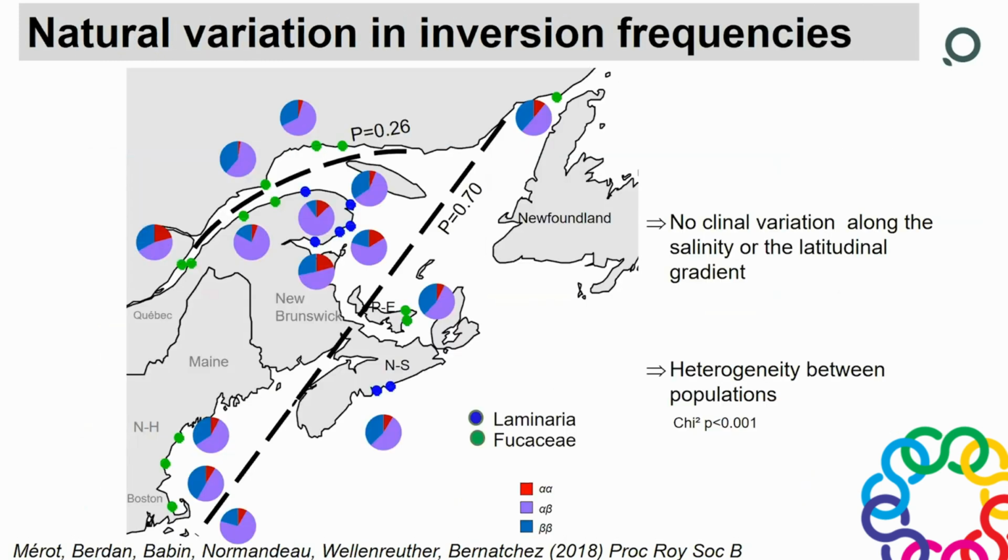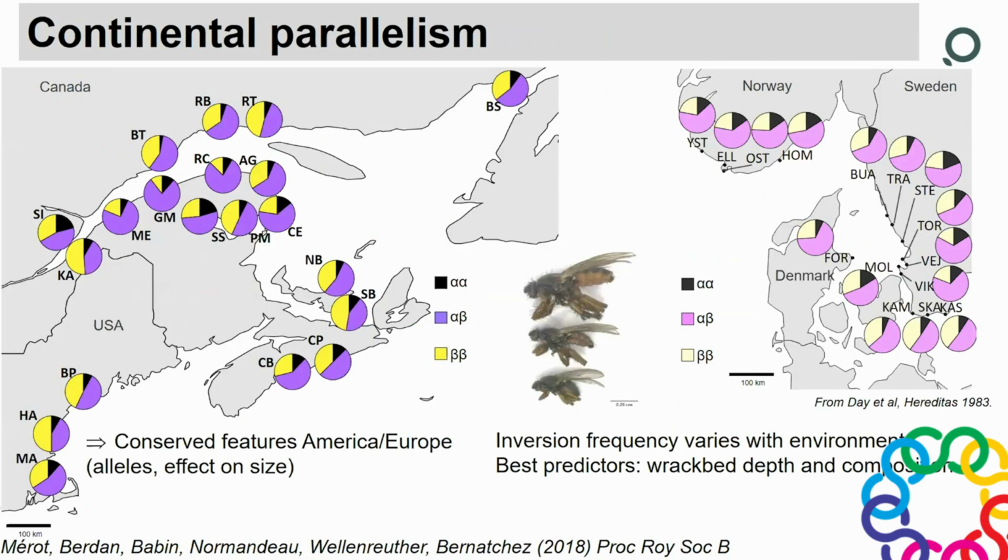So we looked at this. Here you can see the different inversions that we've documented in North America from our field trip. First of all, I should say we didn't find any clinal variation, nothing that varied clinally with temperature or salinity, but we found massive heterogeneity between populations. We looked a bit more into this and found that there is definitely some extent of continental parallelism. We found conserved features between North America and Europe, such as the alleles and their effects on size being exactly the same. So we have these large males, intermediate males, small males,